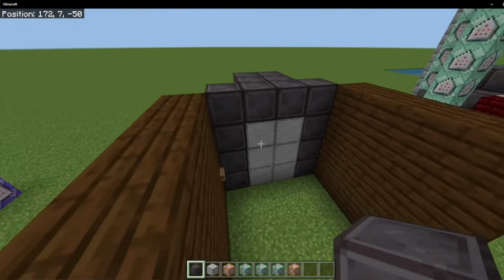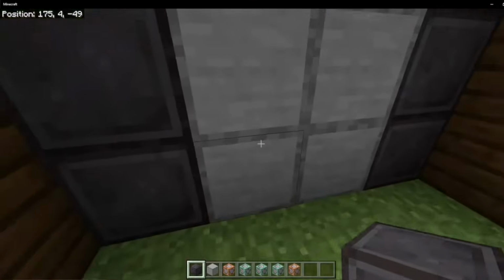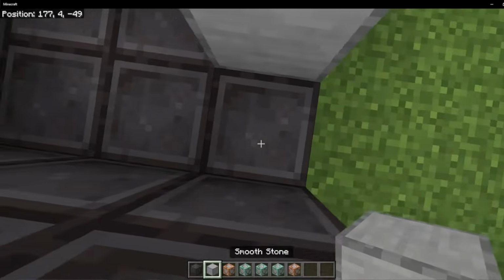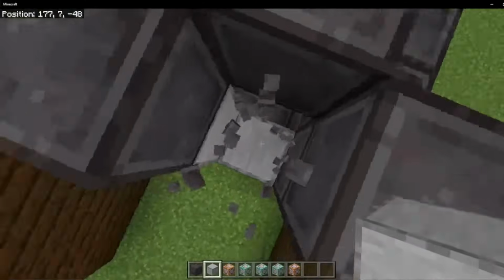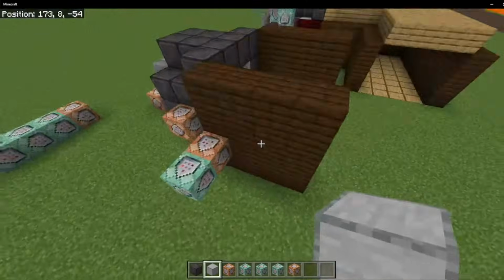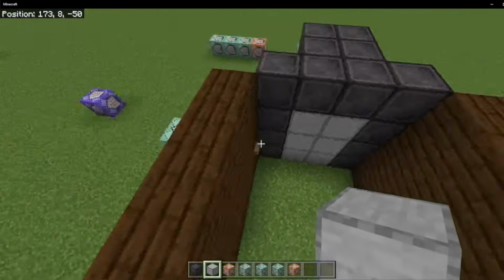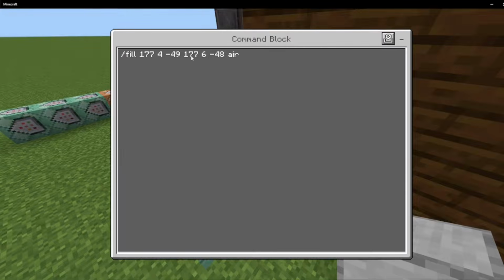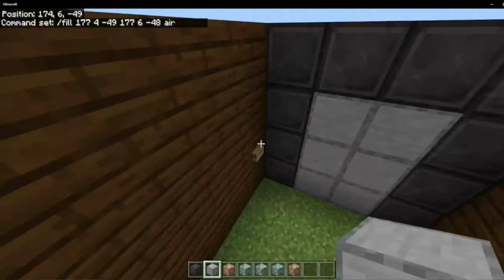So starting off with the door opening, this is actually pretty simple. You're gonna start off by getting both corners of your area. So this is 1 corner, this up here is the other corner, and you're just gonna type those coordinates down. After that, you're gonna place a button on the outside, of course, and then place a command block on the other side of the wall that says /fill. Type your coordinates down there and then do air. This will make it so whenever you push it,